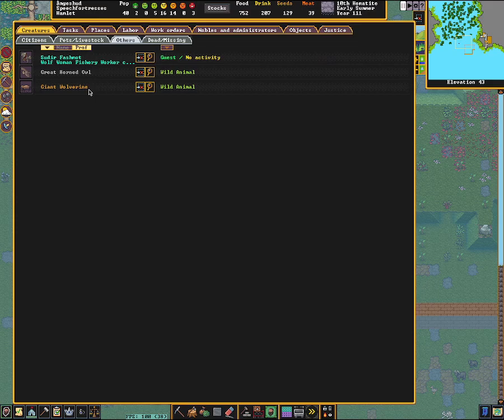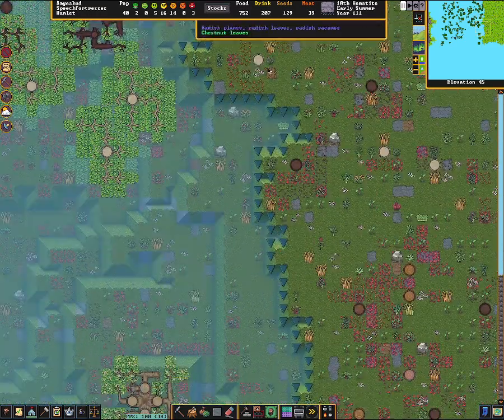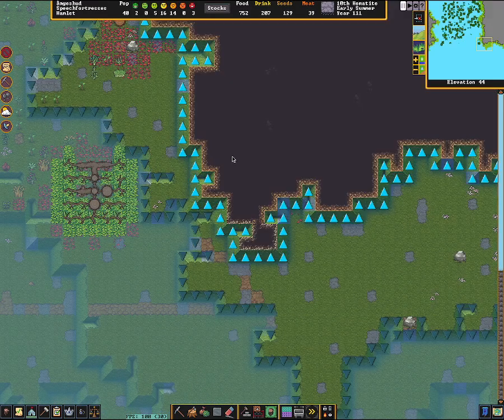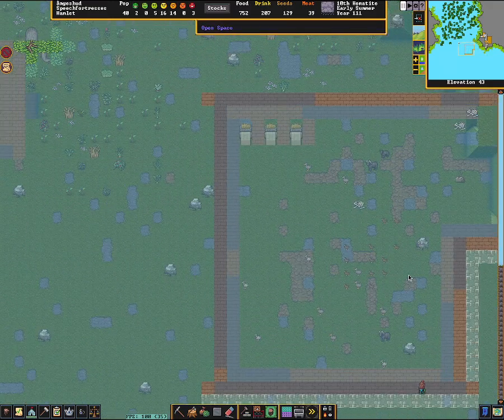Alright, is the Wolverine agitated yet? Not yet. There's an old zombie wandering around the map. I don't like that zombie. I don't know what it's doing though. I don't see any combat showing up, so I don't know what's going on. Oh, got a bunch more ducks though. Alright. So